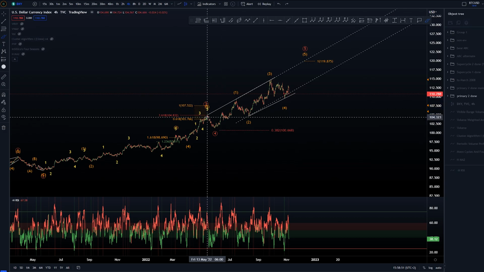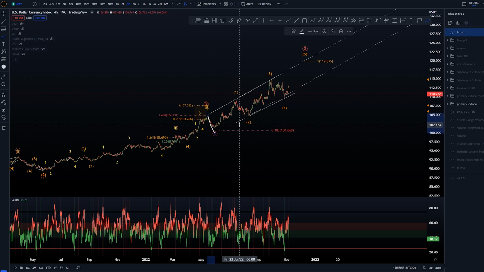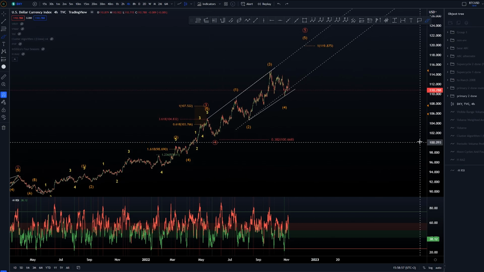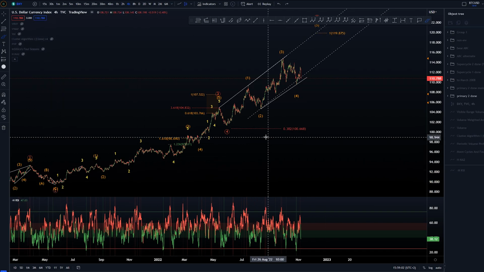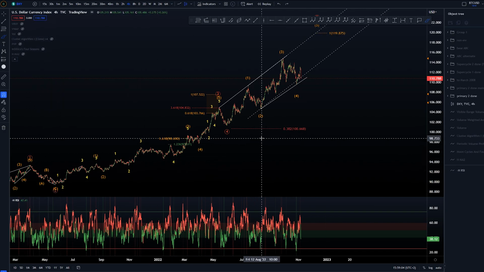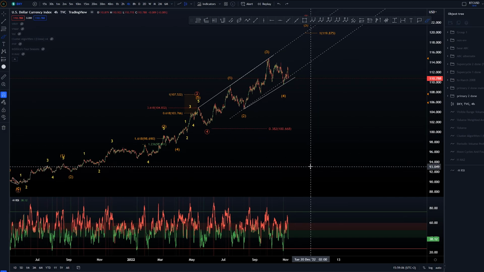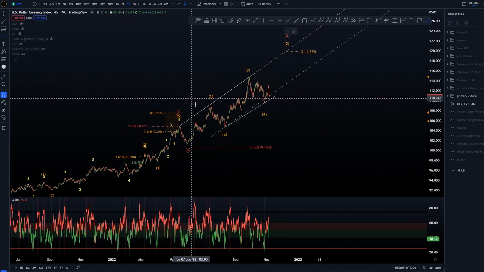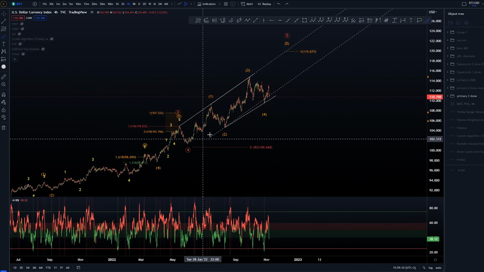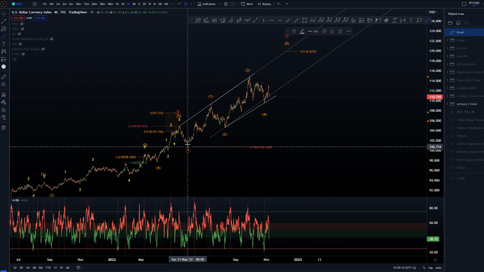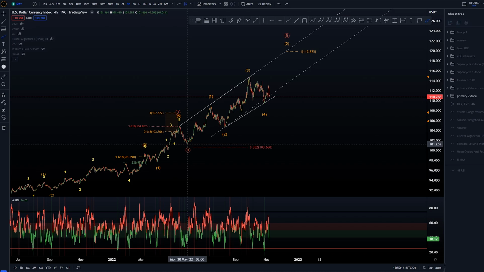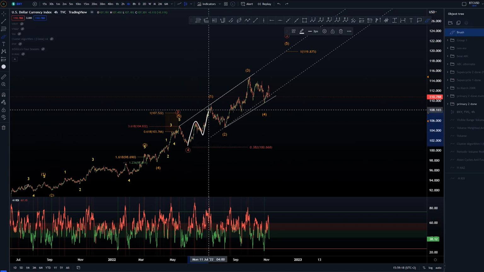primary here around the highs of May 2022. Since then, we would possibly have a very short wave 4 here. Again, it does not really have alternation between this 4 here, so it is not the best in my opinion. But this is just due to the fact that we are having this as a possible 3-wave structure, an expanding diagonal here in the end, because again, all of these moves from the lows of May 2022 have been pretty